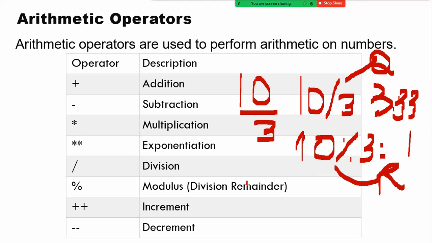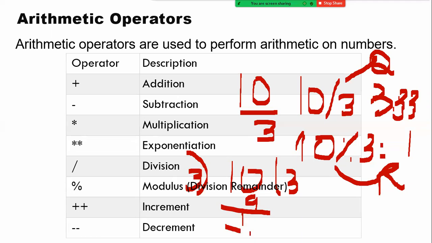How exactly? I'm writing 10 divided by 3. It goes 3 times, so it's 9 and then 1. This 1 is my remainder, and this 3 is my quotient.